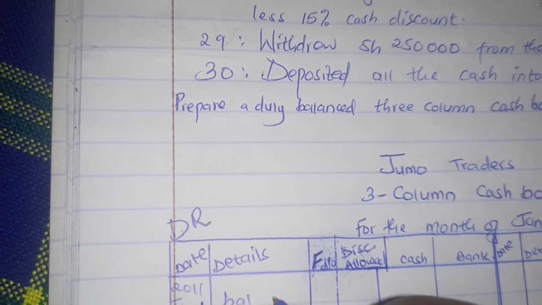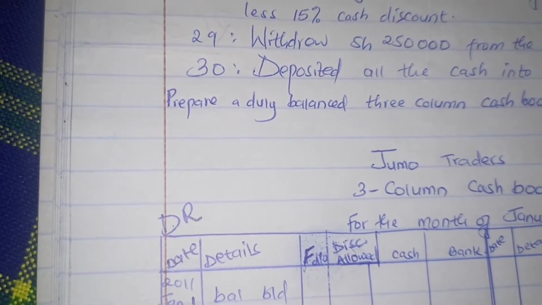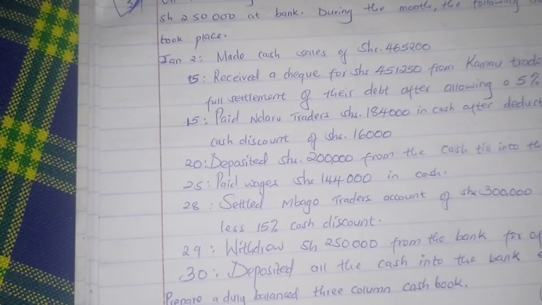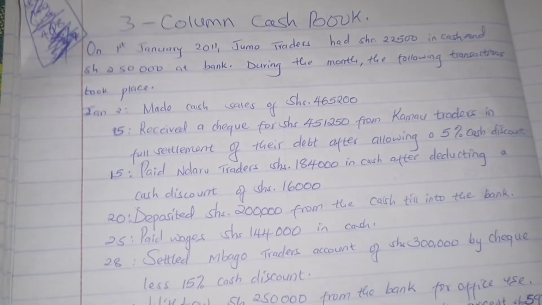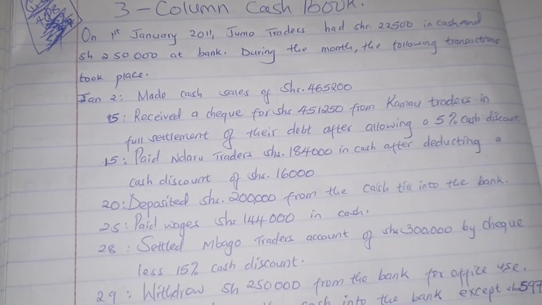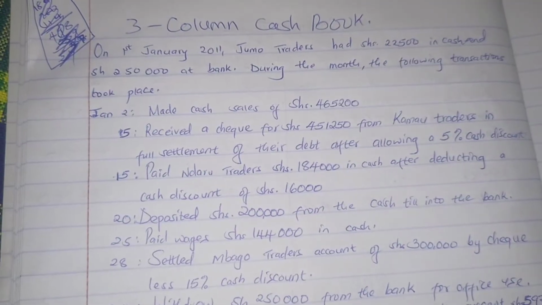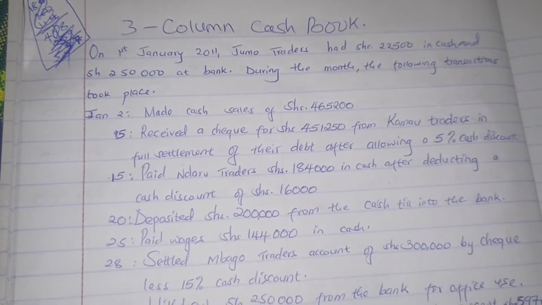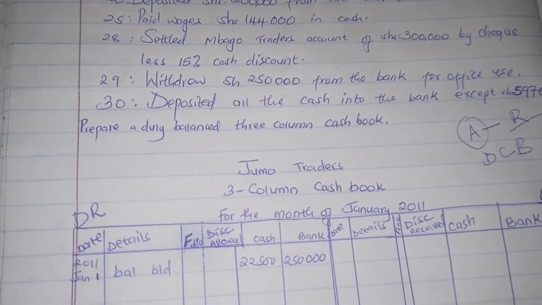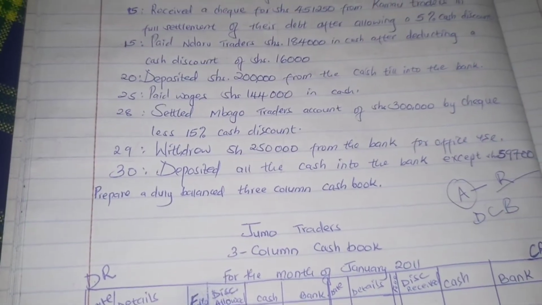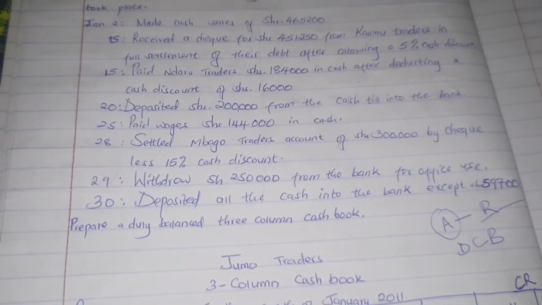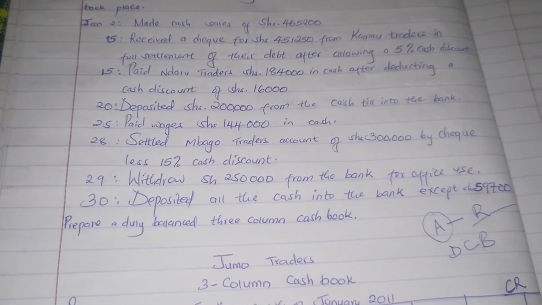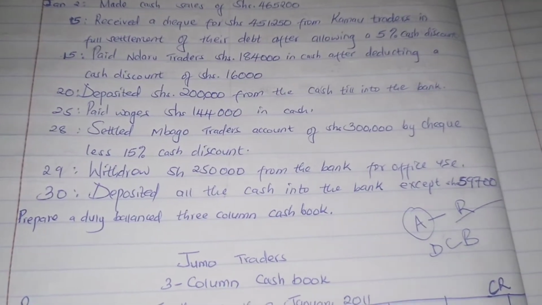Our balance brought down for cash is 22,500, and for the bank is 250,000. Then we go to date 2. Cash sales were made amounting to